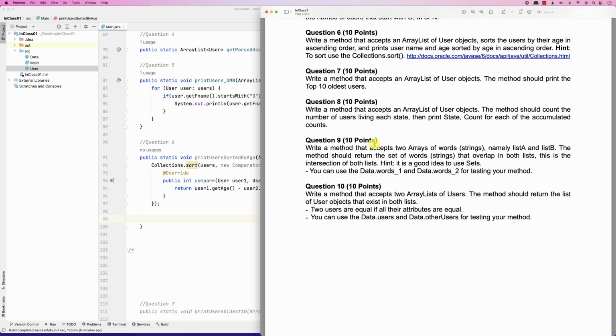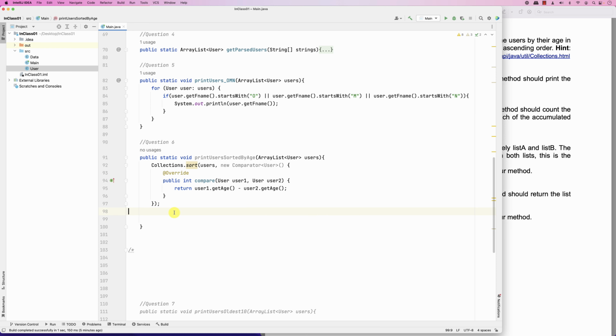And after you sort the users, the question says write a method that accepts a list of users and sorts them by age, and prints the usernames and age sorted by age in ascending order. Good. So we already sorted them by age, and I can do a for each user on users. You could see this is also an in-place sort. So it sorts them inside the same array, it doesn't create a new array. Now if I go here and you do s out, I'm gonna print the user.getName, okay,